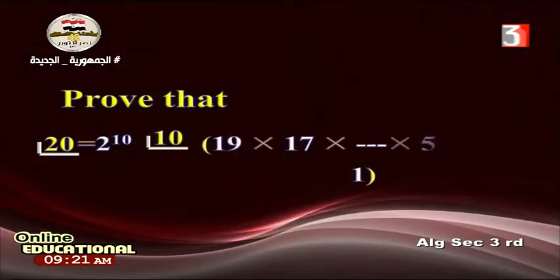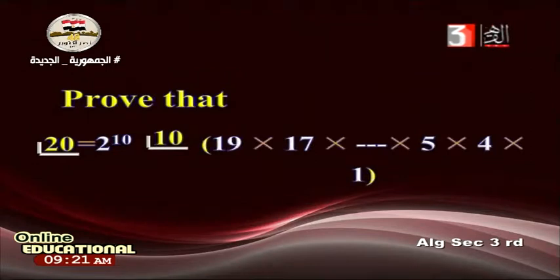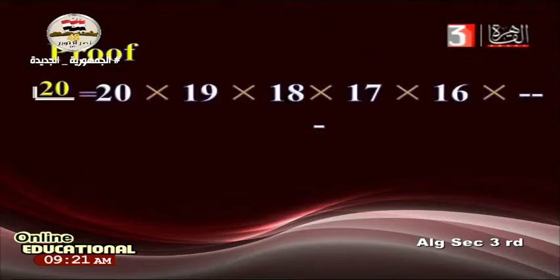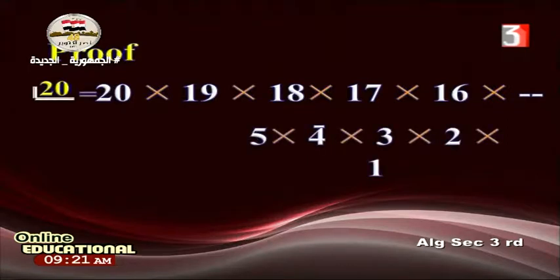Another example. Factorial 20 equals, choose the correct answer: 2 power 10 times factorial 10 times 19 times 17 times 15 times 13 and so on down to 1. By using factorial 20 equals 20 times 19 times 18 times 17 times down to 2, 1. We divided